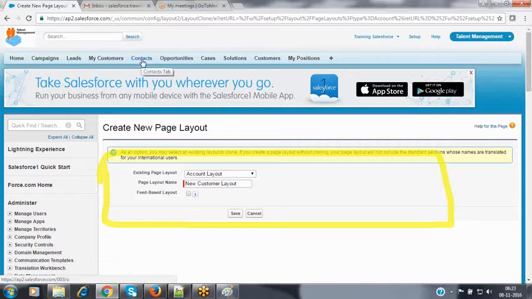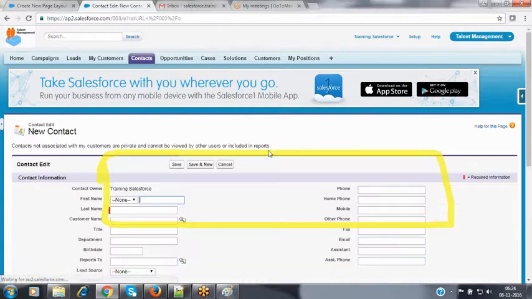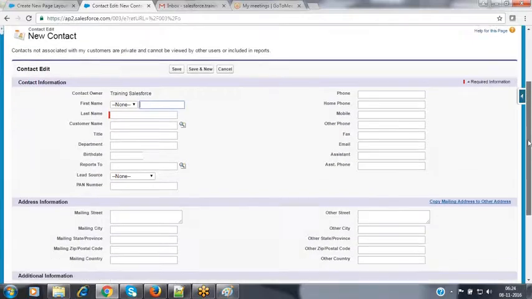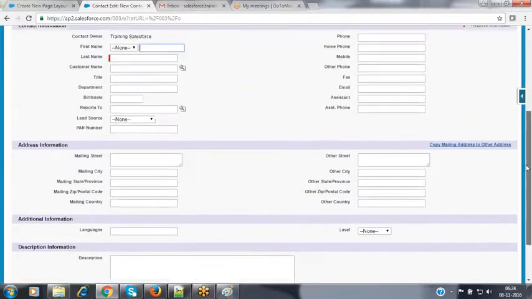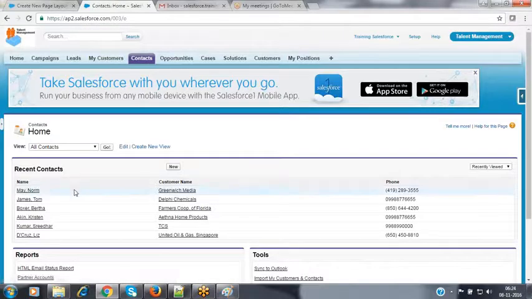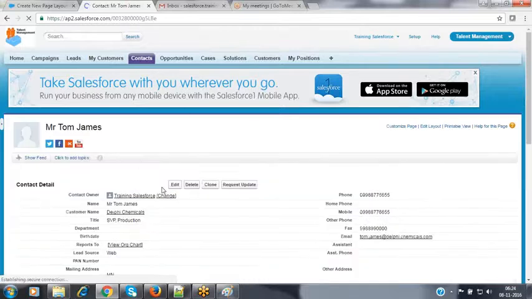Now suppose, for example, I'm using my contact object. When I click on the new button, a form is automatically opened. In this form, we can enter the details to create a new record. Or if you want to see the details of an existing record, just click on any of the contact record names. The contact record will automatically open for you.